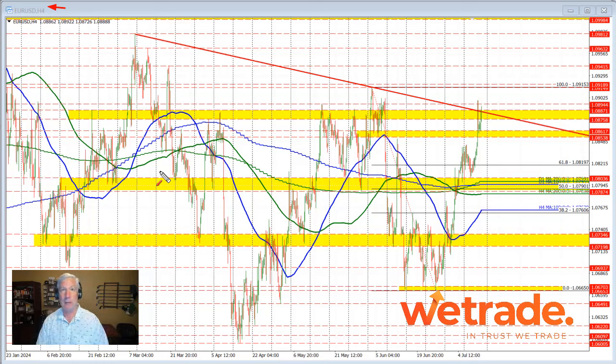The PPI did come out higher than expected. That counteracted the CPI, but the CPI tends to be more important. Nevertheless, it would have been nice if it came down like the CPI. So we did see the US dollar move higher initially. This last bar of the 4-hour chart moved down to this level, down below 1.0875 in the process, but has since bounced back higher. We currently trade at 1.08888,